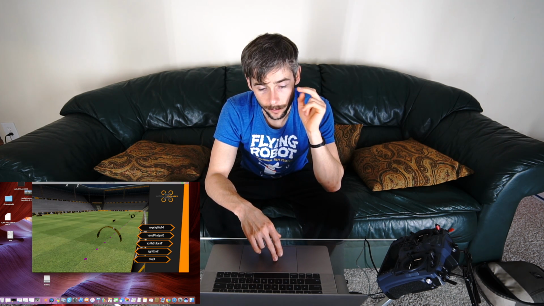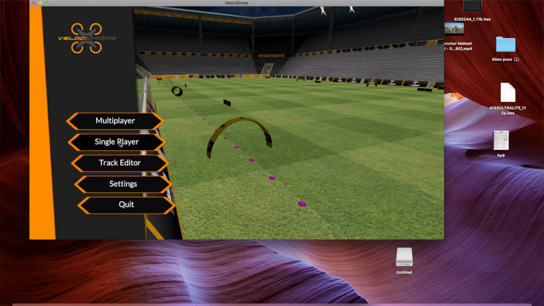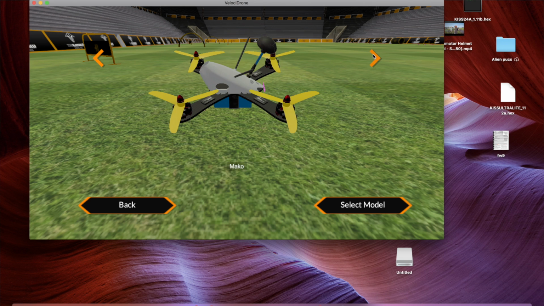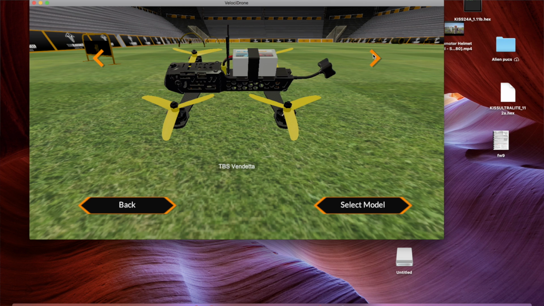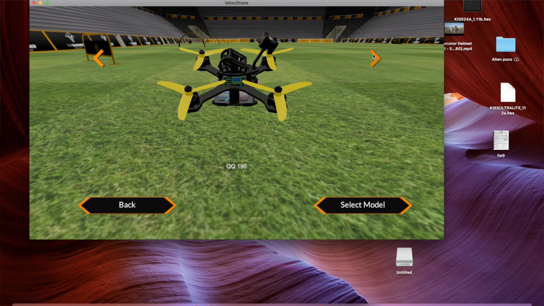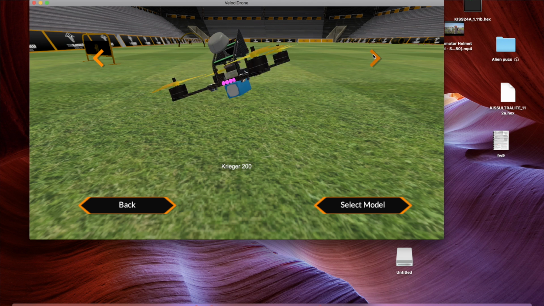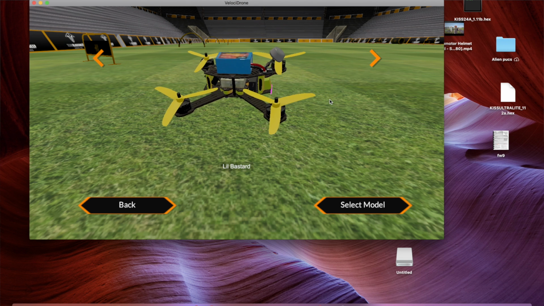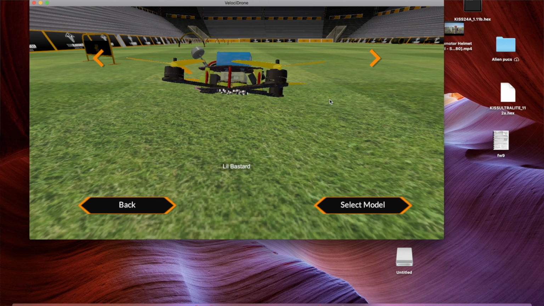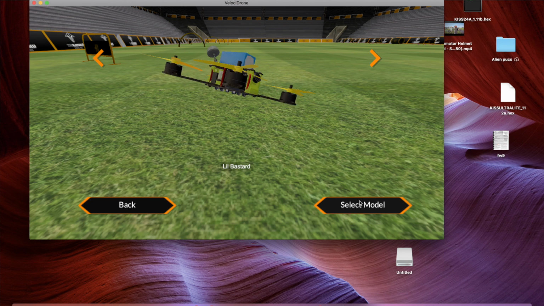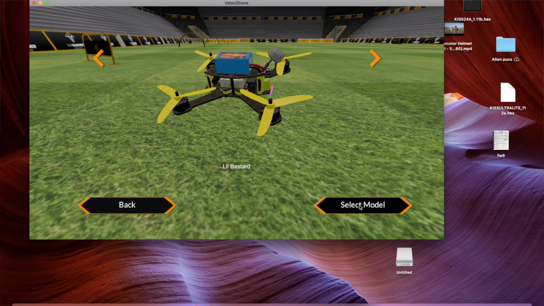Now, let's see here. We will go into, whenever this loads, the single player setup, and I'll just say right now that there are a bunch of different models here, and I've tried a few of them and they all didn't really feel that different, and some of them did and I wasn't happy with them. My favorite is the little bastard, there it is. A lot of the stuff is just geometry based, so one might have a different geometry so it flies a little different, or a different weight so it'll fly a little different. This is the one that I've liked. It flies very much like an alien once you set it up like one.